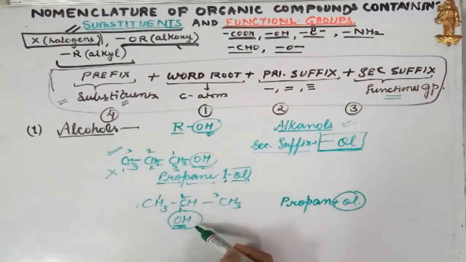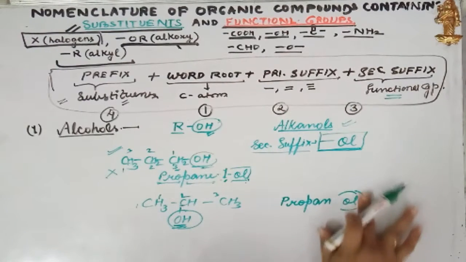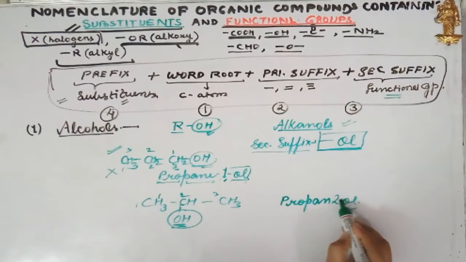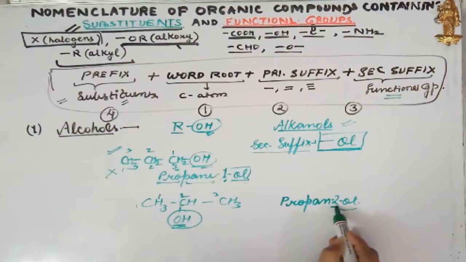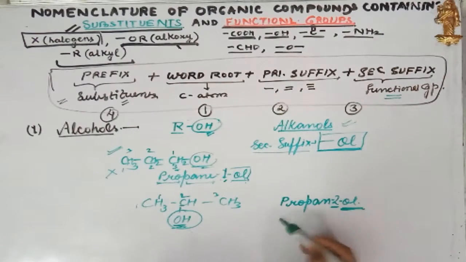So this 1-ol is indicating that the alcohol is present at the first position. But here, what is there? There is ol which is present at the second position. So this will be named as propan-2-ol. 2 is the location and ol is the functional group. Hope it is clear to you. Let us name the compound